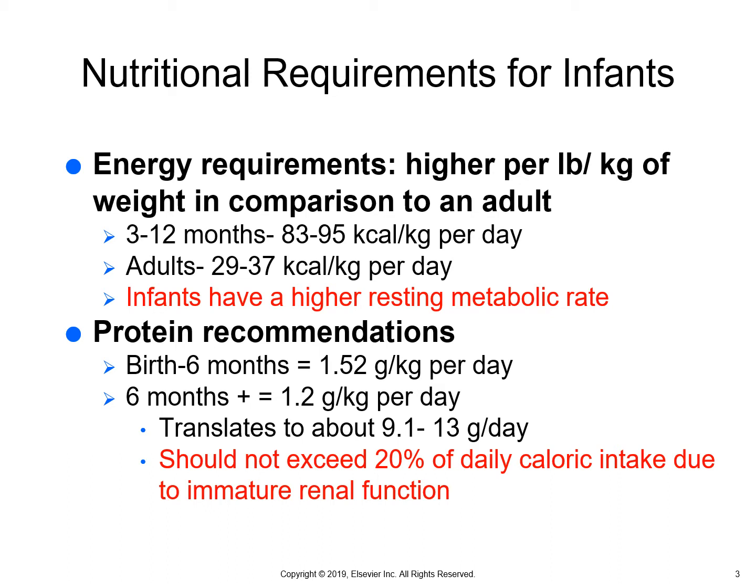So per kilogram of weight in comparison to an adult, the energy requirements for an infant are much higher. 3 to 12 months requires 83 to 95 kilocalories per day per kilogram. Adults, 29 to 37 kilocalories per kilogram per day. So you can see it's more than double what an adult needs per kilogram. They have a much higher resting metabolic rate. There's so much going on in an infant's body all the time growing, so their metabolic rate is off the